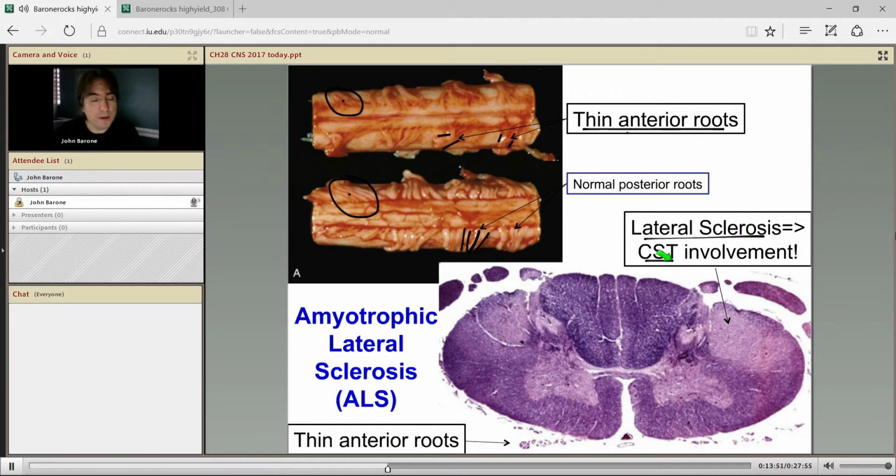Now, here's what the spinal cord looks like. We call it lateral sclerosis because of the corticospinal tracts. Do you see the way they're being lost? And then you'll get gliosis here. So they call it lateral sclerosis. And of course, the anterior ventral horn is involved. And then look at these roots. Do you see this root here compared to the root back here? See the dorsal root back here? It's discontinuous just because of the plane of section, but it should look like that. And this one is tiny. It's like teeny weeny. This one's barely there. So again, the anterior roots.